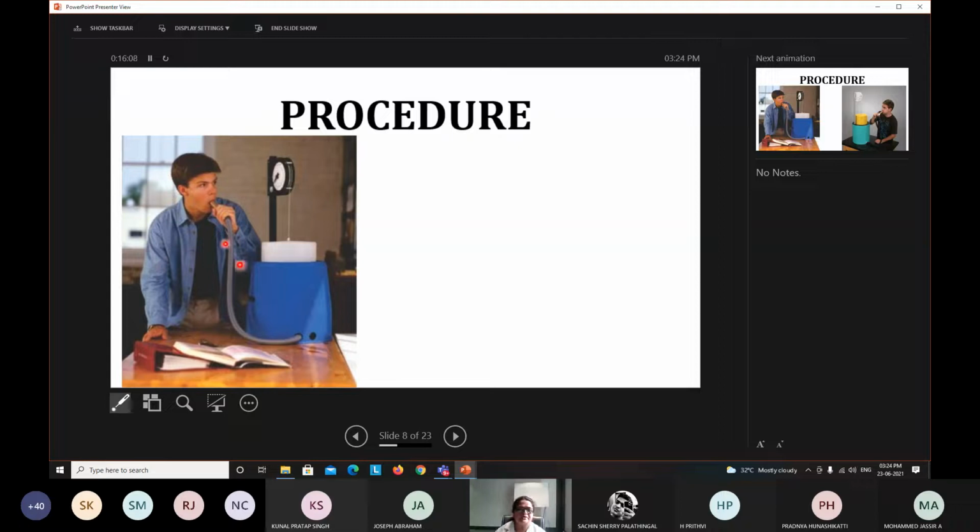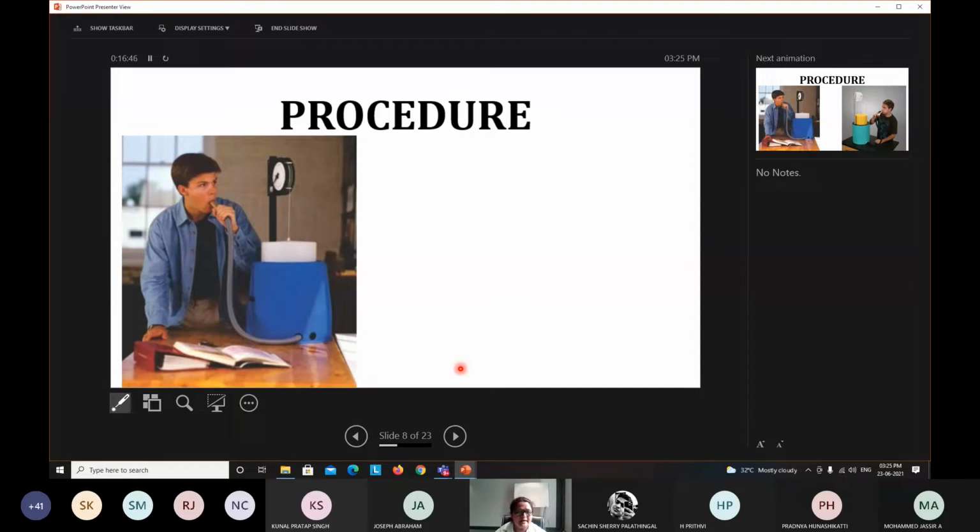What you have to do is, first clean the mouthpiece with antiseptic solution mixed with water. Thoroughly wash it and dry it with a clean cloth. Then ask the person to keep this mouthpiece in his mouth with no air gap, lips properly closed. Then you ask him to blow out by clipping the nose. He'll have to clamp his nose and then blow through the mouthpiece completely.